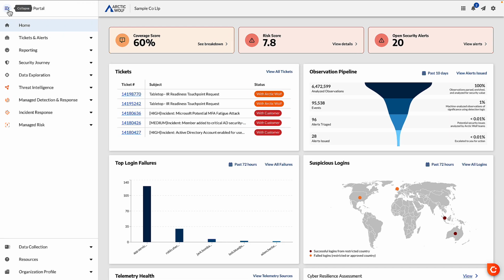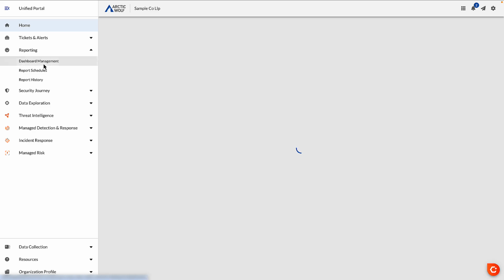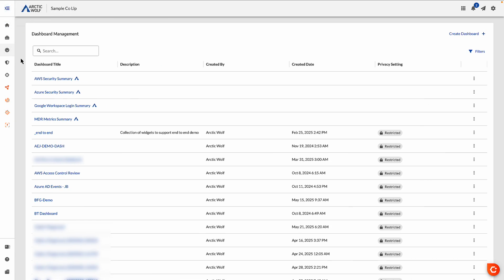To find this feature, open the side navigation pane, find Reporting, then click on Dashboard Management. From here, if you are a primary or secondary contact, you will now see the Create Dashboard button in the